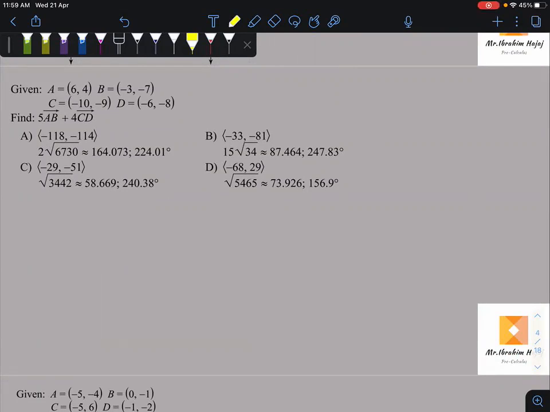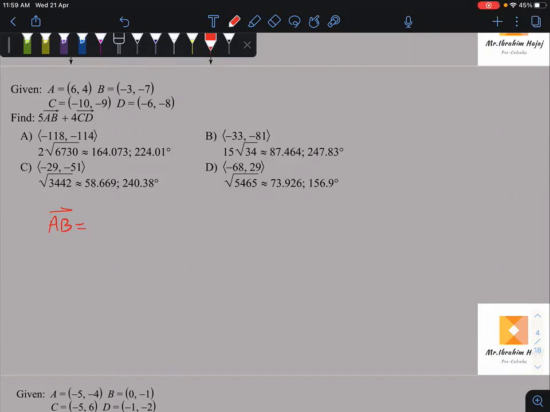Next question. It's given A is (6, 4), and B is (-3, -7). C is (-10, -9). D is (-6, -8). Find 5AB plus 4CD. So how to find first AB, then multiply the answer by 5. So let's find first AB. To find the vector AB first,